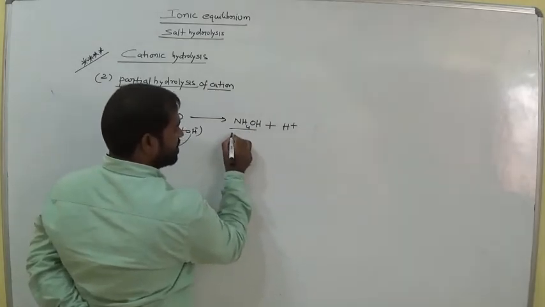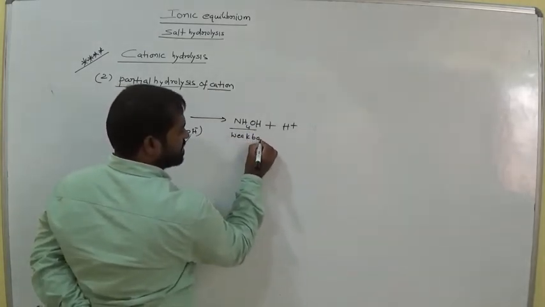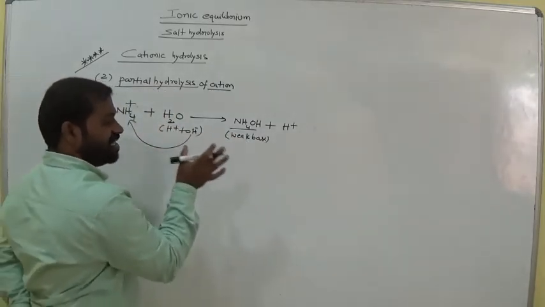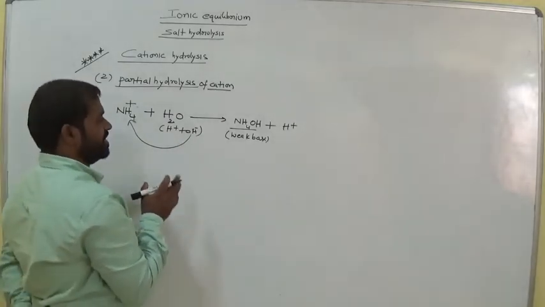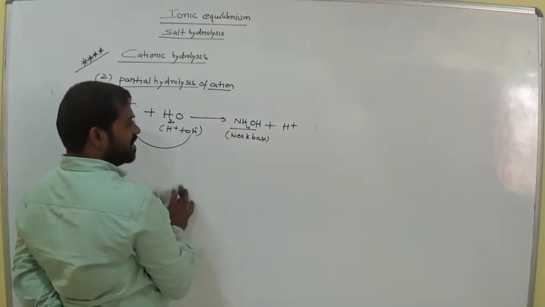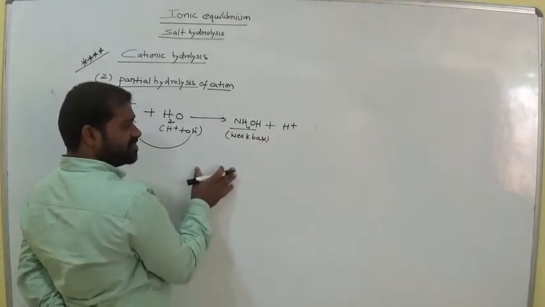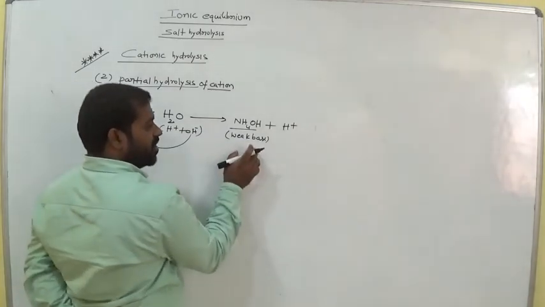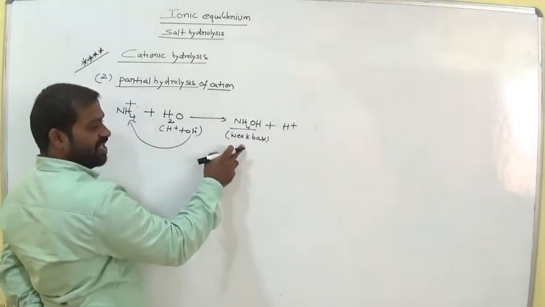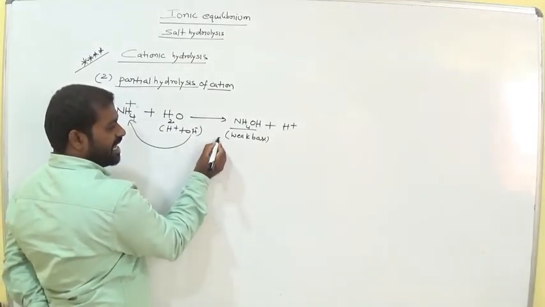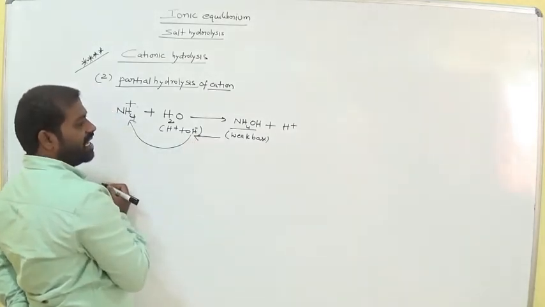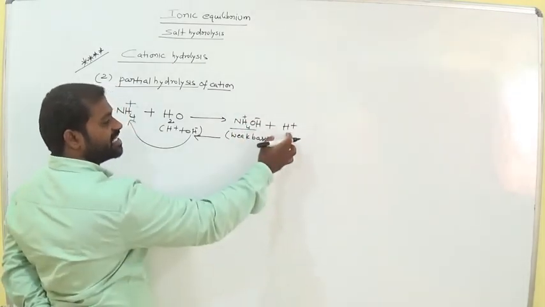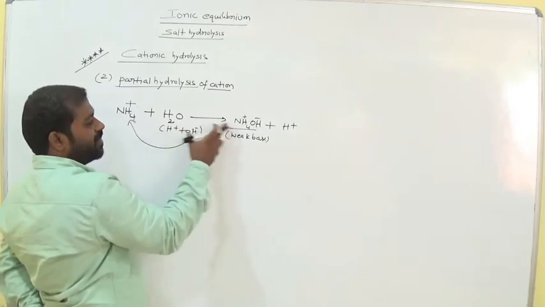Now it is the weak base. The first one, PH3, is a very weak base. Now this is a weak base, not a completely weak base. Remember this. Now in this forward direction, one more thing is possible. The reaction is possible again towards the backward direction. Why? Because it is a weak base. Due to the weak nature, it is again able to give H2O and NH4+. Because it is NH4+ and OH-, OH- and H+ both combine and give H2O again, the remaining one is NH4+.